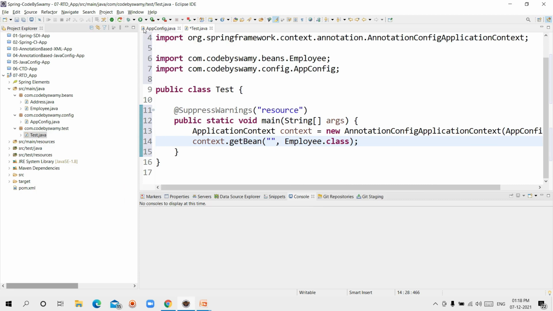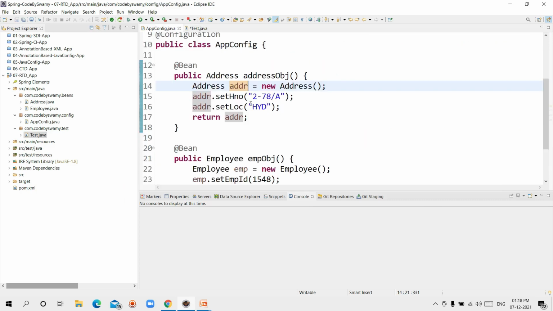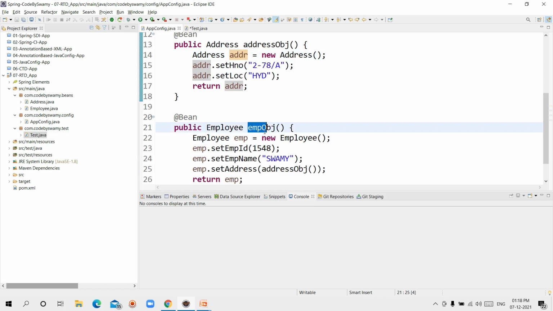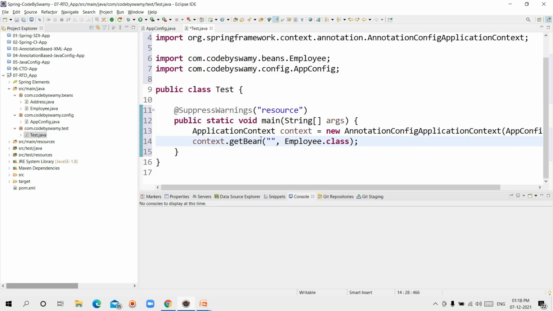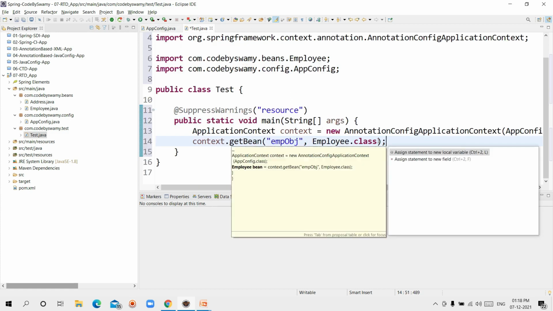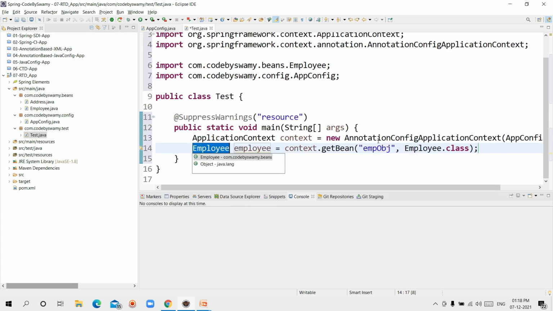For that, go to the AppConfig class and choose this empObj, which is the method name of Employee. Copy this, come to the test class and just paste it here, and it returns the Employee object. Just print the employee here.